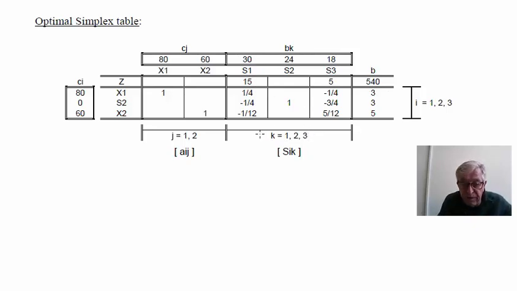And on top of this matrix, we introduce the initial availability of the resources, that is, the first one 30 hours, 24 centiliters for the second, and 18 hours for the third section. And here we introduce the contribution margins of x1 and x2, and also here on the left we have the initial coefficients of the line of z of these variables, that is, coefficient of x1 is 80, coefficient of s2 in the line of z is 0, and coefficient of x2 is 60.